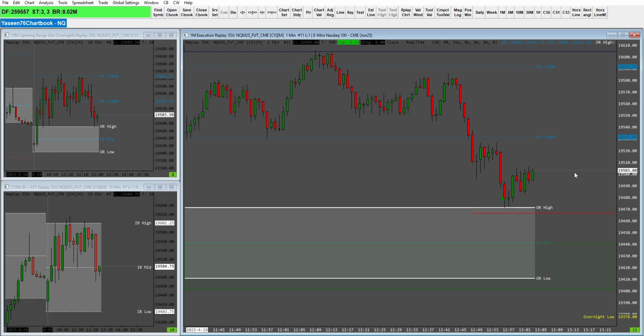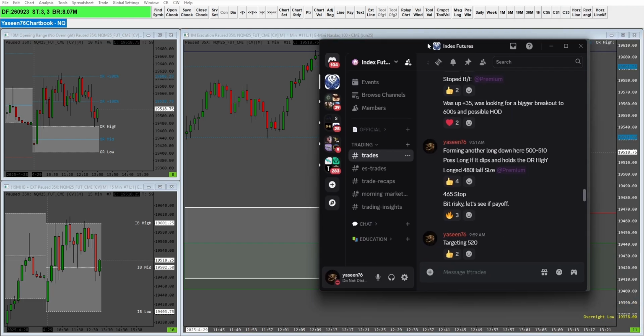So the trade is consolidating. Nothing really too crazy. I'm just letting the trade run, and my target is somewhere in this area. And boom, it goes to 520, 519, whatever, and I take my profits in this area. And you can see here,